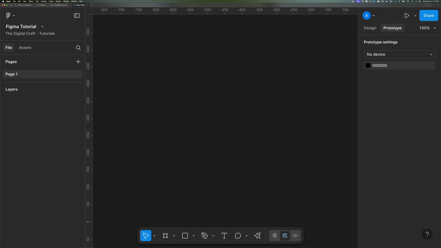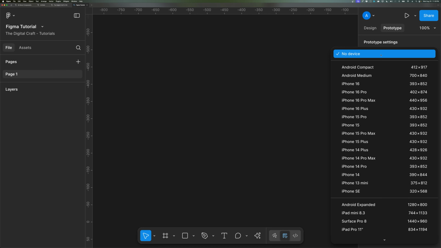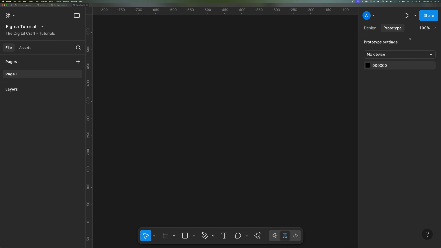The second tab is prototype. There's not a whole lot to show here at the moment, but we'll dive more into this once we have a design. And again, this will show more options when we're clicking on different elements on the screen. But right now, this is the overall prototype settings, which really is just determining how you want this to be run. And when I say run, when you run the prototype, will it be on an iPhone or something like that? It'll do a little virtual iPhone or Android. And again, I'll show that once we have